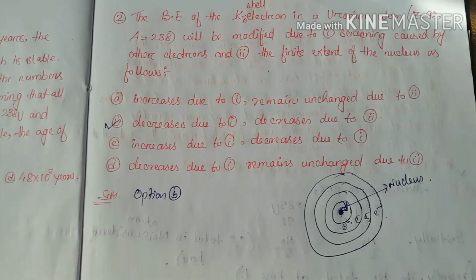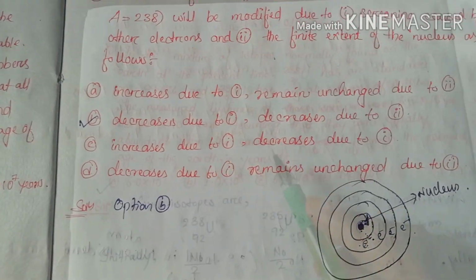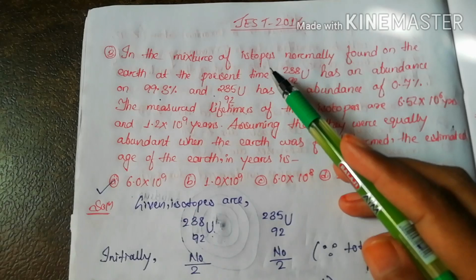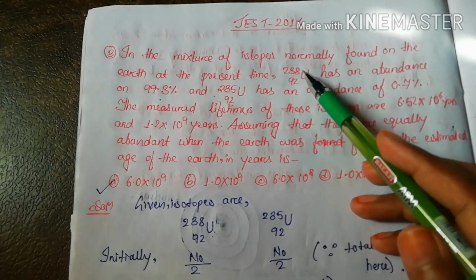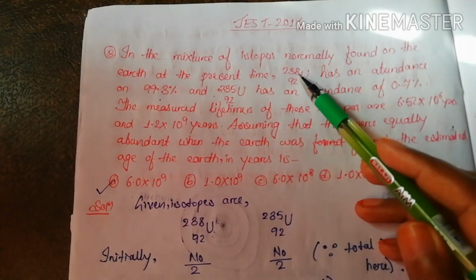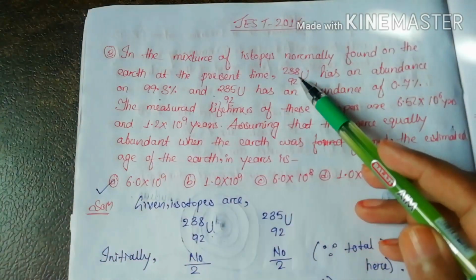This is a very simple concept. So now let's come to the next question. Here the next question is from JEST 2014, and it is given that in the mixture of isotopes normally found on the earth at the present time, uranium 92-238 has an abundance of